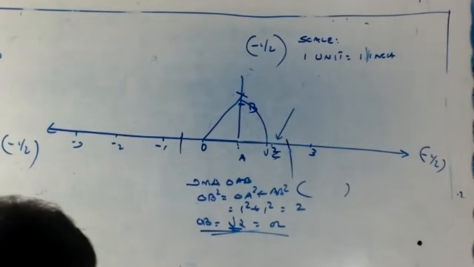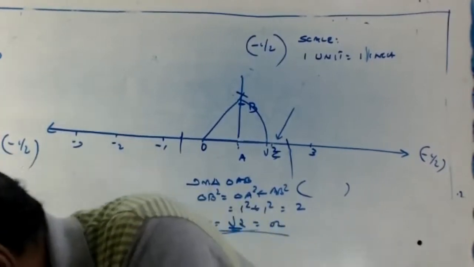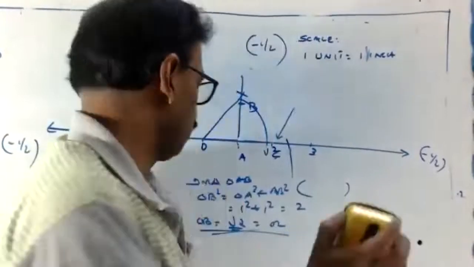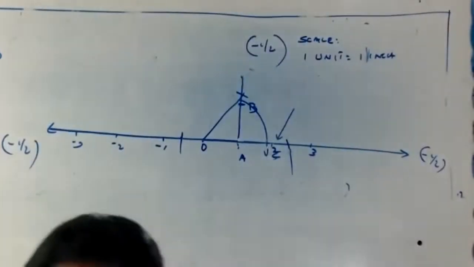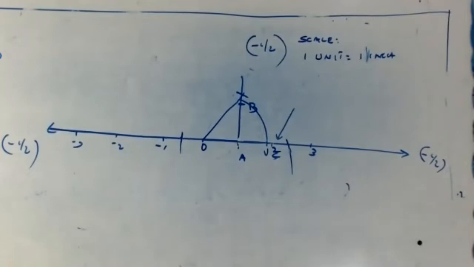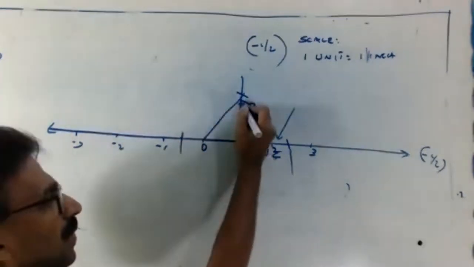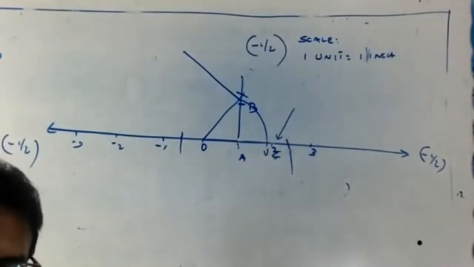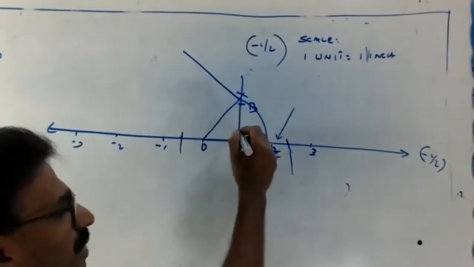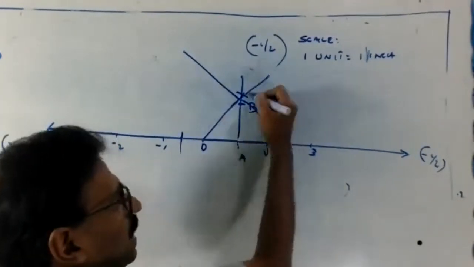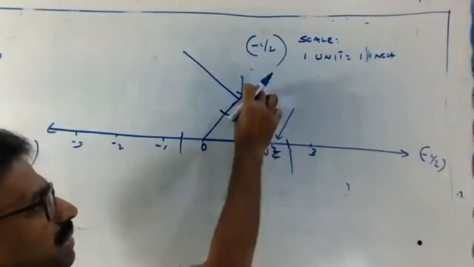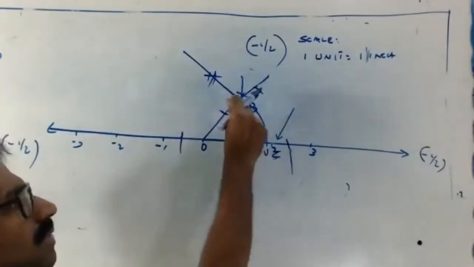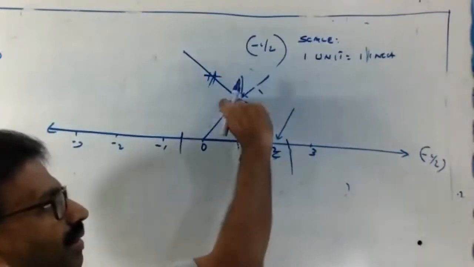There are 2 methods for how to draw root 3. Look. First of all, you draw root 2, because we cannot draw root 3 alone. Then you draw a perpendicular again here. This is simple with a protractor. If it is a compass, what will we do? My suggestion, we will extend this line here and use the compass here, tick tick, like this, from here.